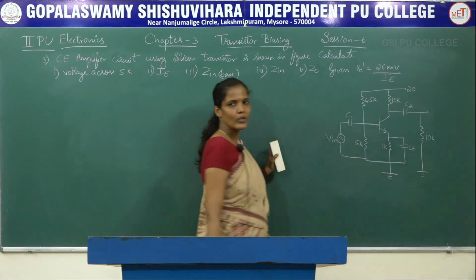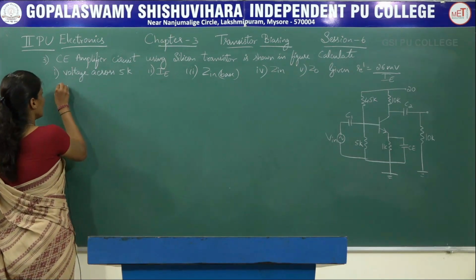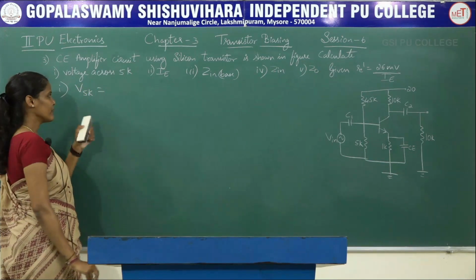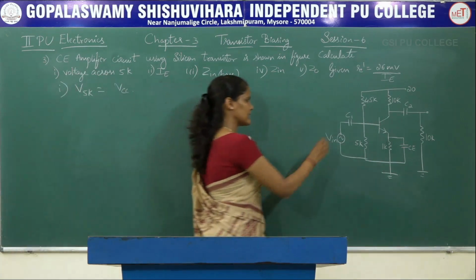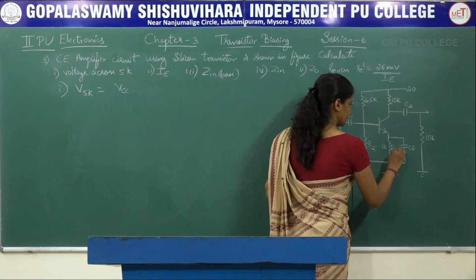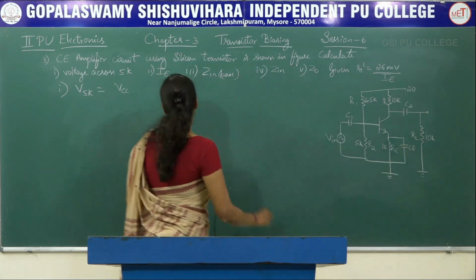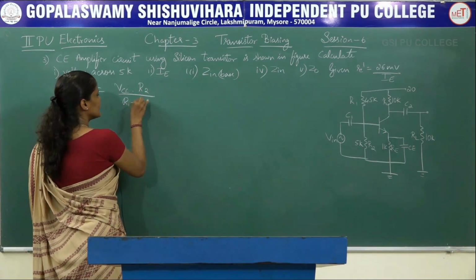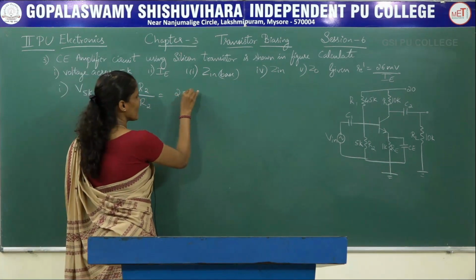So V2 we can calculate. We have used the voltage divider rule. So using that formula, voltage across 5K, let me denote it by V5K, is VCC into that particular resistor. Let us name these resistors R1, R2, RE, RC, and this is equal to RL. So V5K is VCC into R2 divided by R1 plus R2. The VCC value is given over there, it is equal to 20.